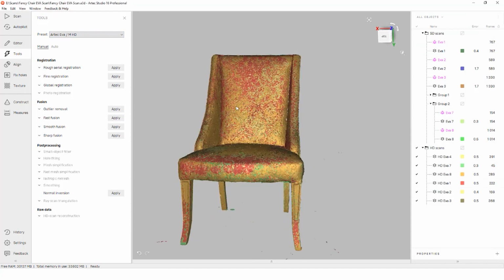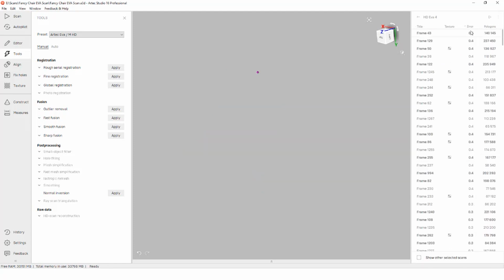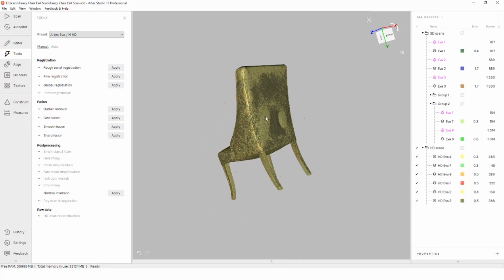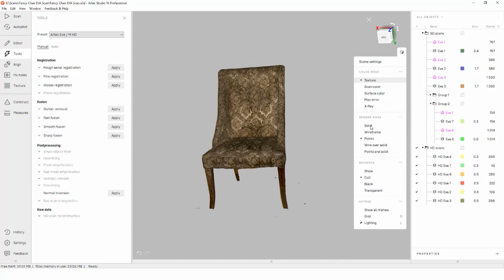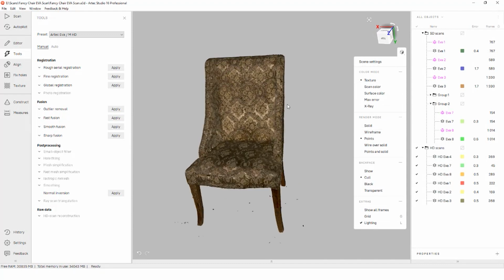Once the registration finishes, we can see that our scans tightened up and overlapped on one another much more, which means that we are well aligned and our frames are matched to each other very well. Our error value within the scans also went down, but if we see that one scan has a higher error value than we'd like, we can go into the scan itself and delete those frames beyond a certain value that might be improperly registered. Now, we don't have to run it with the HD data since HD reconstruction does this process,